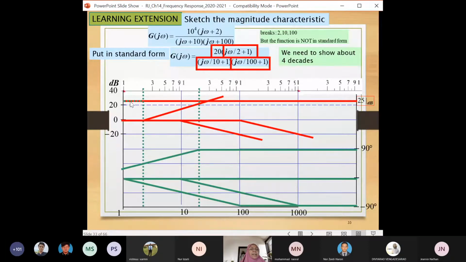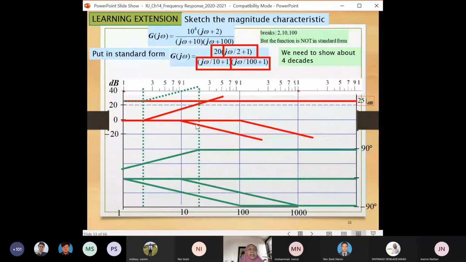So if you combine plus 25 plus 0, you will get plus 25. And this part, one rising, so this one will be elevated because the other two lines are straight at 0. So you bring this line to the top, above the 25. But from 10,